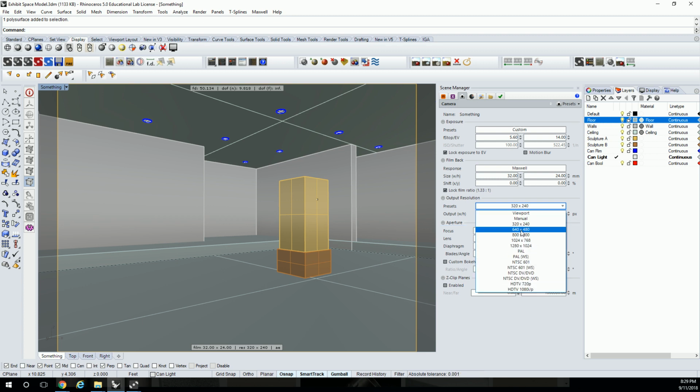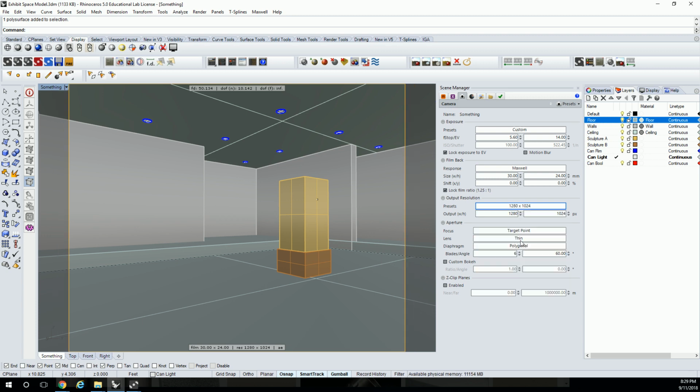As you change those values, the proportion, I think these are all the same proportion actually, they don't change. But anyway, you can increase it as much as you want to a resolution that you see here in a standard proportion. See, now that one was a slightly different proportion. So what you need to know, though, is that as I switch from something like 1280 by 1024 to 1024 by 768, the output resolution will change the pixels there, but then you also notice one other thing will change: